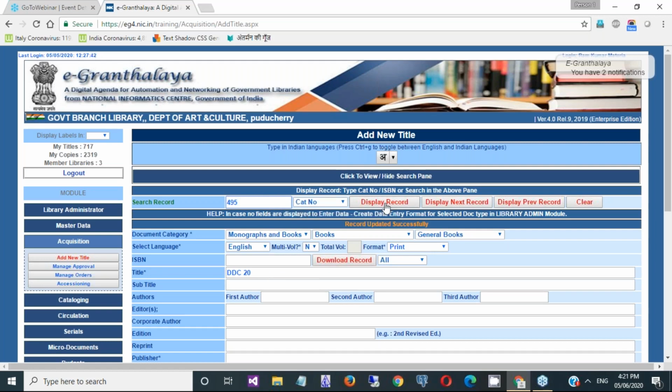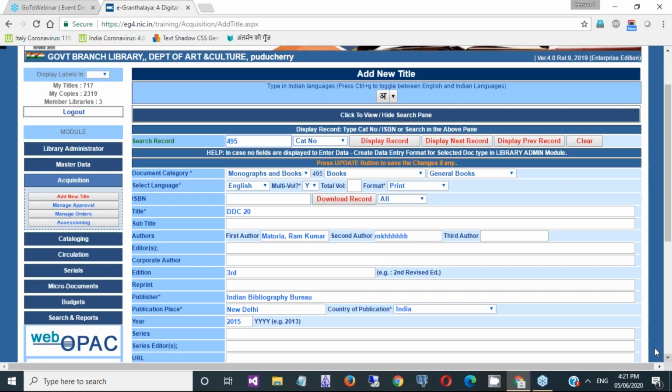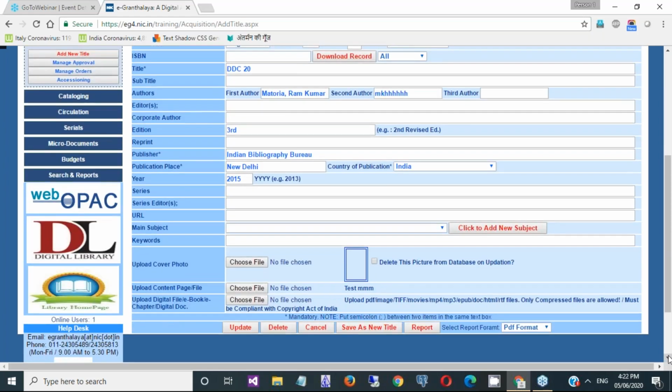So before starting typing, you need to verify whether this record which is already there is of the same book or is a different book. So this is the same book which I want to purchase in the library. Okay, so in that situation, if a record already exists for the book, there is no need of creating the record again.